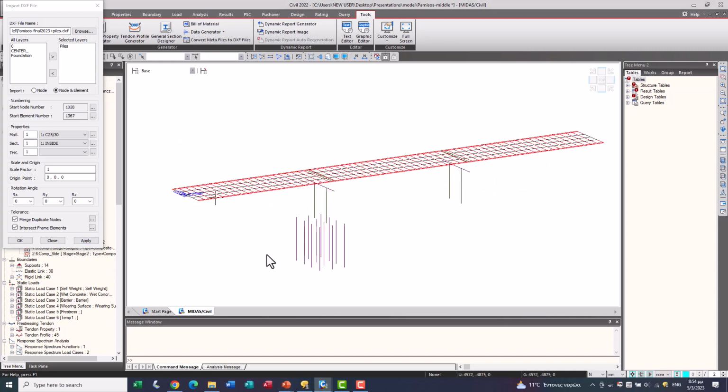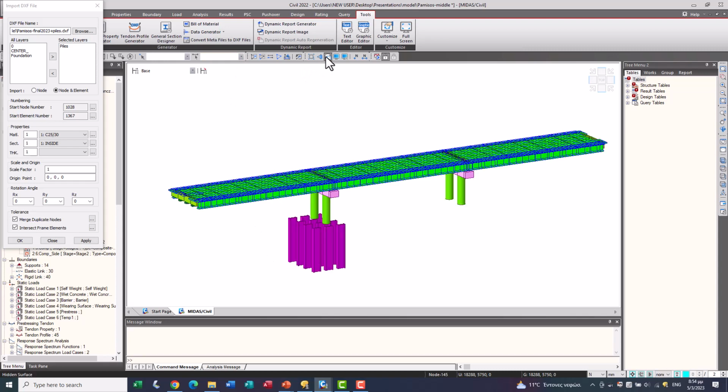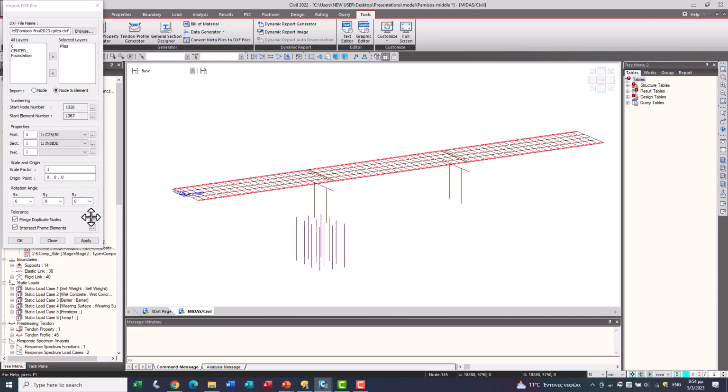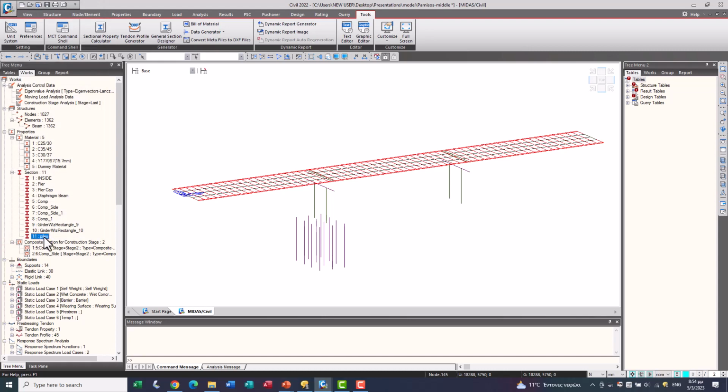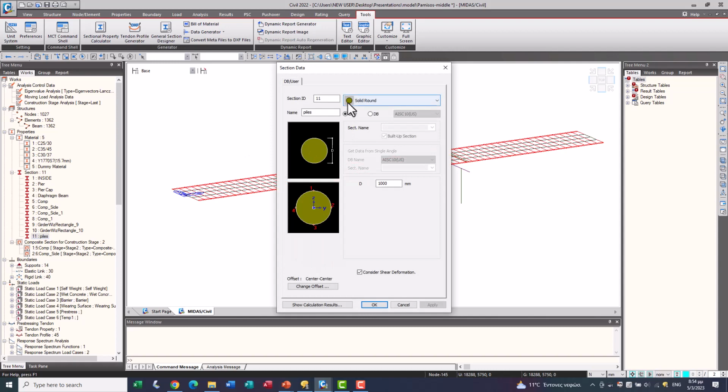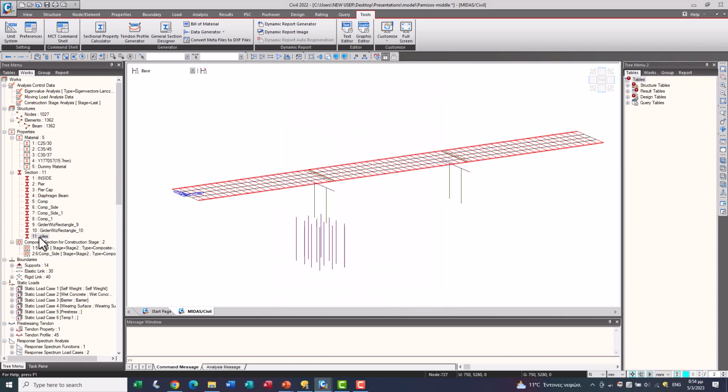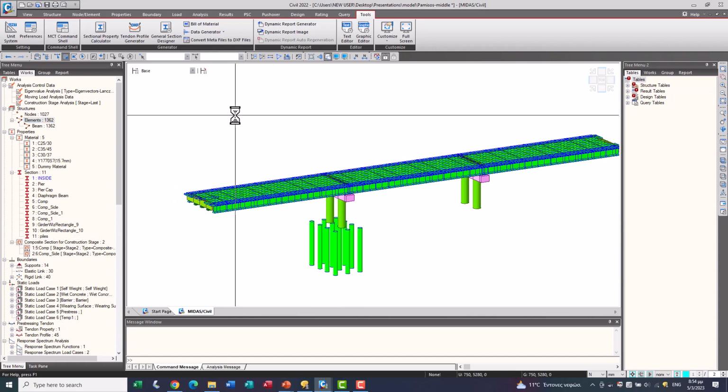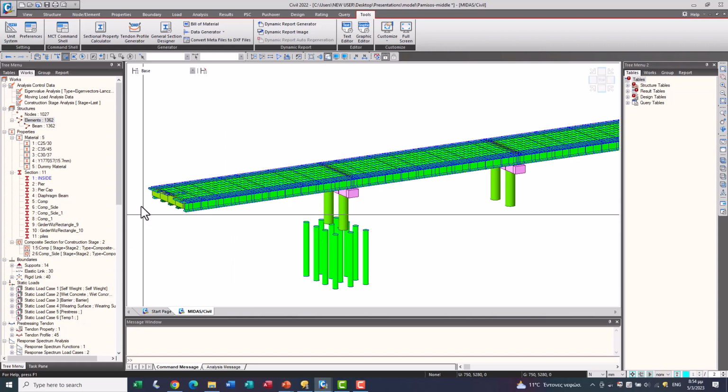Okay, now the pile has been imported. Wrong section. Okay, now it's correct.